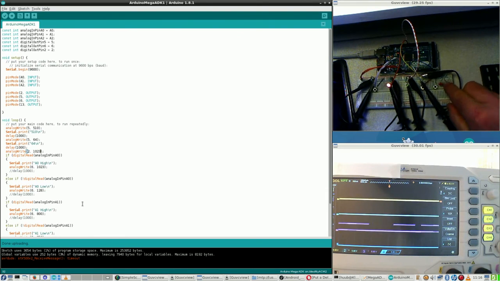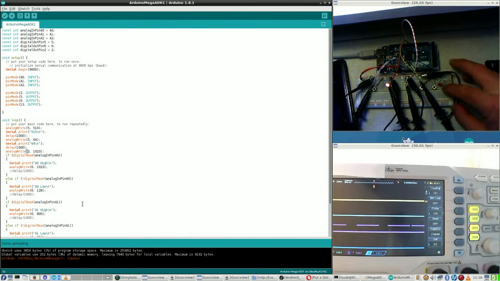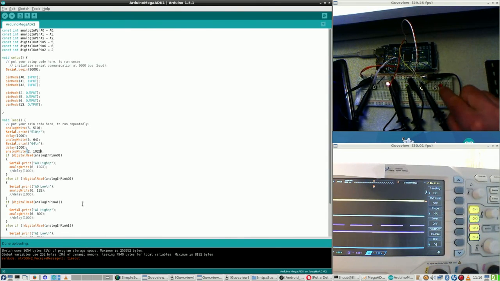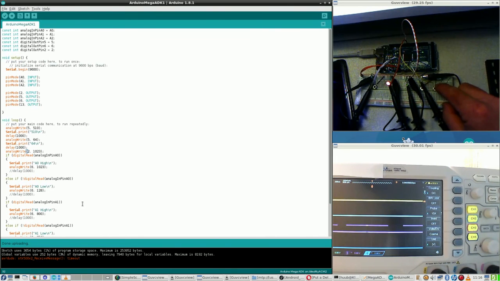Okay, it may just be that this LED isn't working properly, or that any of the contacts like this capacitor is not making any contact. Anyway,